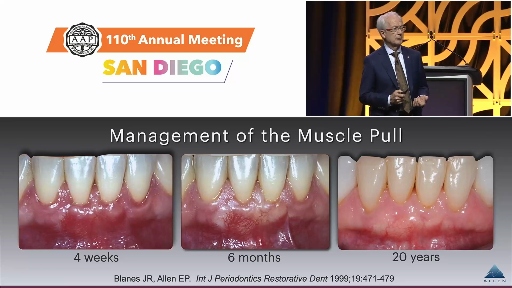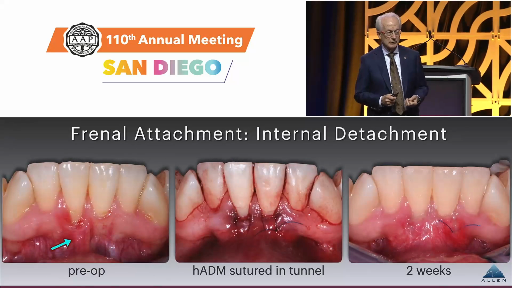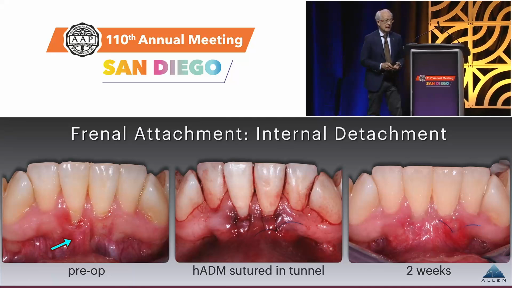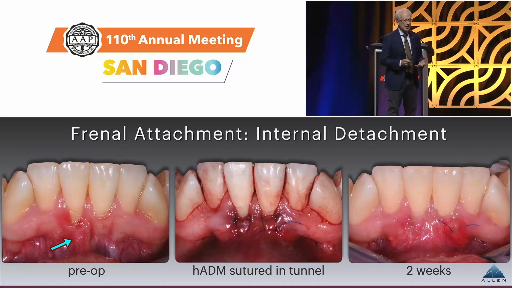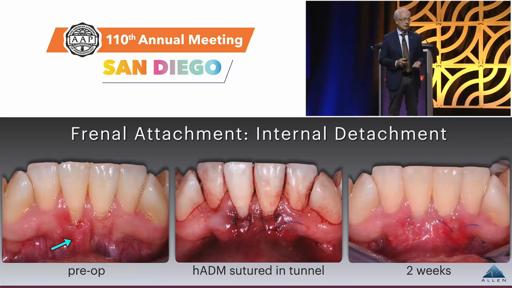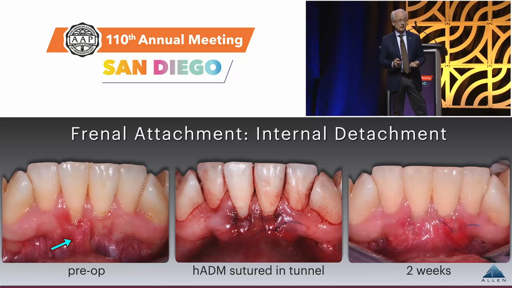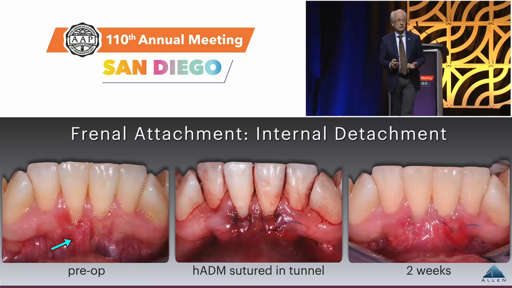This is with palatal tissue, which is what I was using primarily in the 90s. And now a frenal attachment. Look at this frenum, and you see it's a broad attachment pulling at the margin, inflamed tissue, minimal attached gingiva any place, particularly the adjacent central. So you see the ADM